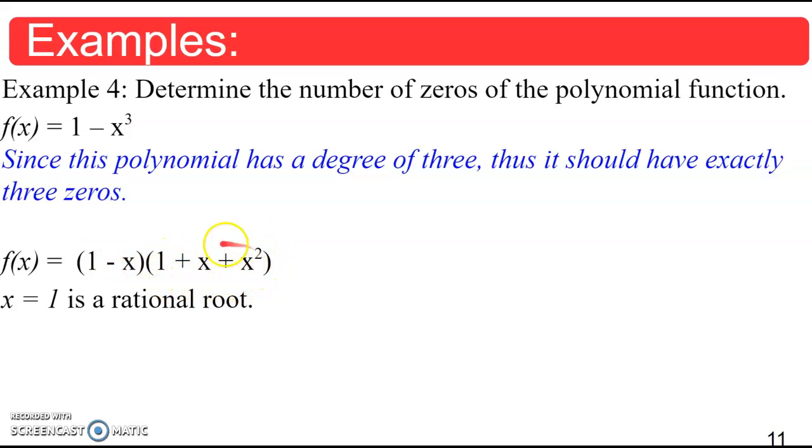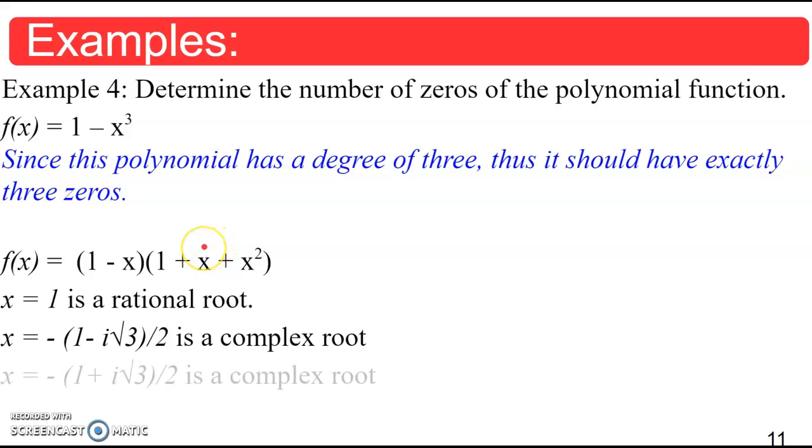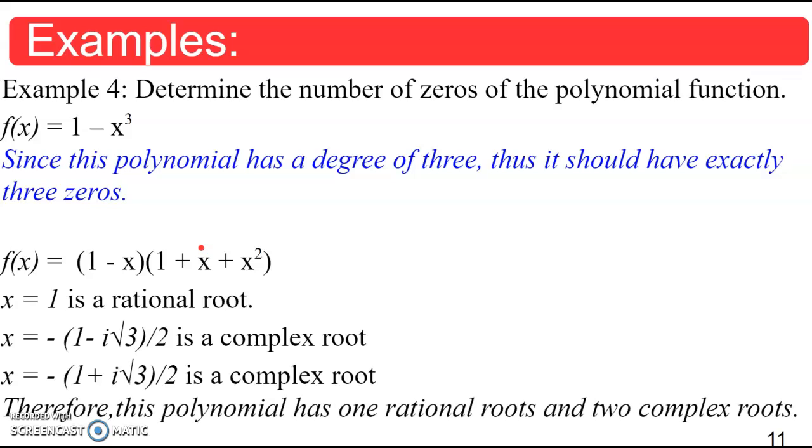This here, this degree 2 polynomial, is going to give us some complex roots, and those complex roots are negative 1 minus i square root 3 over 2. That would be our complex root. And then negative 1 plus i square root 3 over 2 is our complex root as well. So therefore, this polynomial has one rational root and two complex roots, but we were able to tell initially that it was going to have 3 zeros, and in this case it does. One of the roots is rational and the other two are